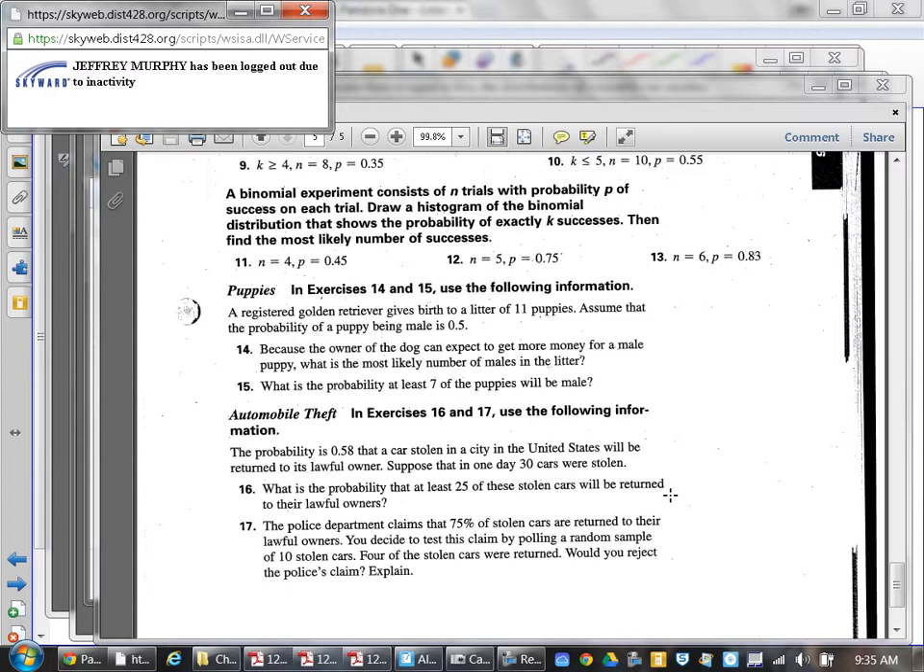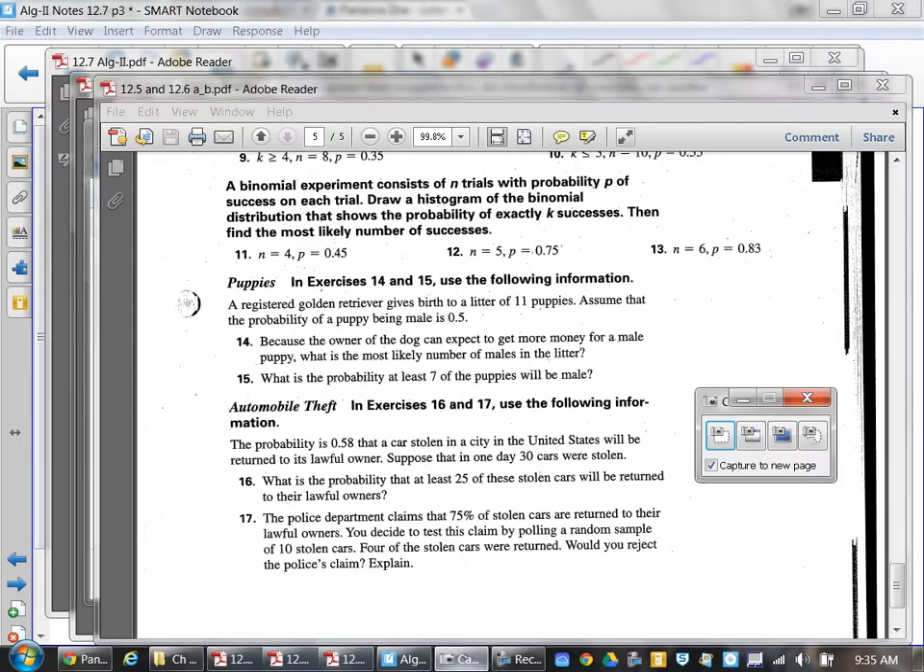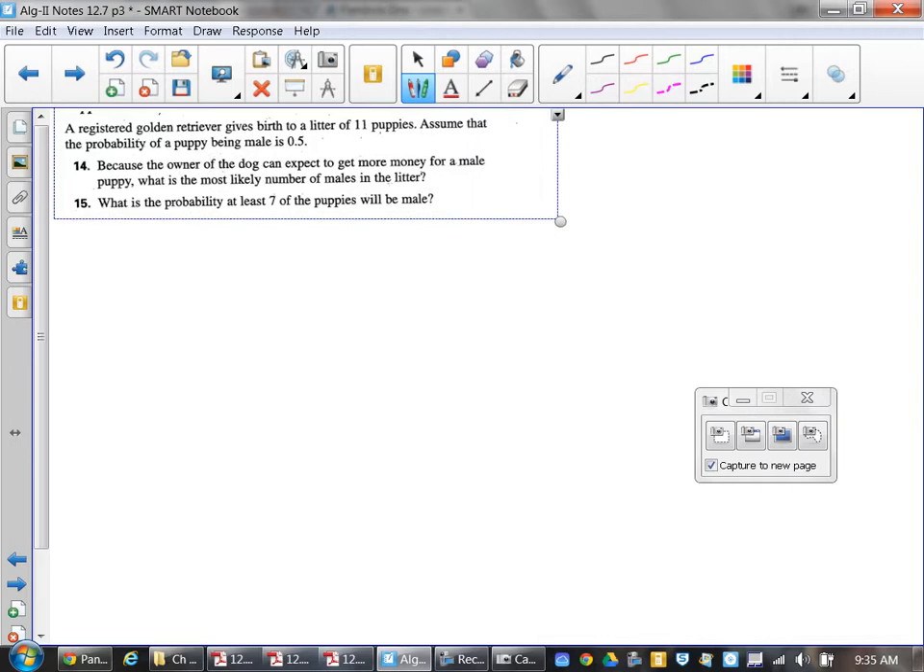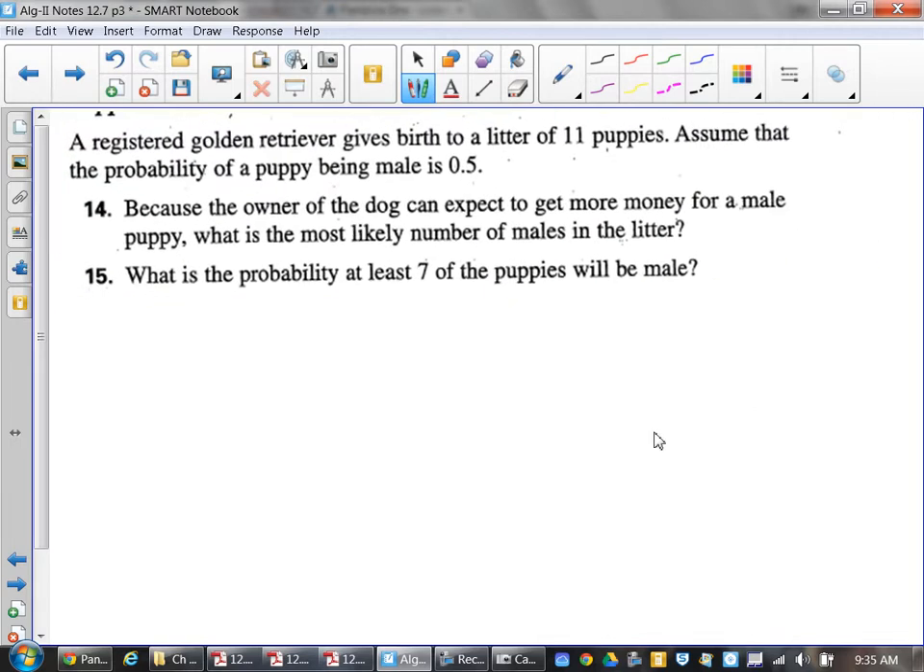There you go. Here's a puppy. In the first part of this question, it says on 14, because the owner of the dog can expect to get more money for a male, what is the most likely number of males in the litter? This is the time that I would use Bino PDF. Bino PDF, I have an N value of 11, comma, 0.5 is my probability, and then